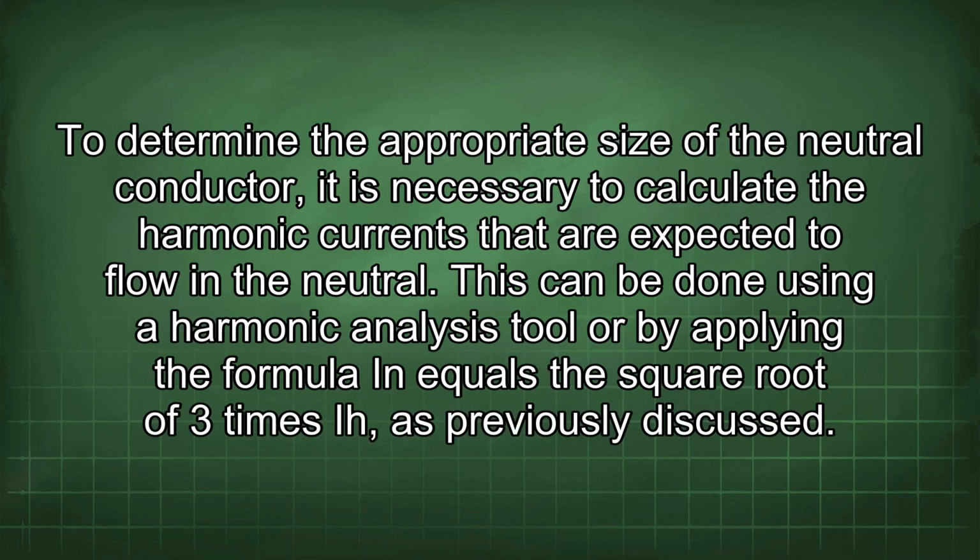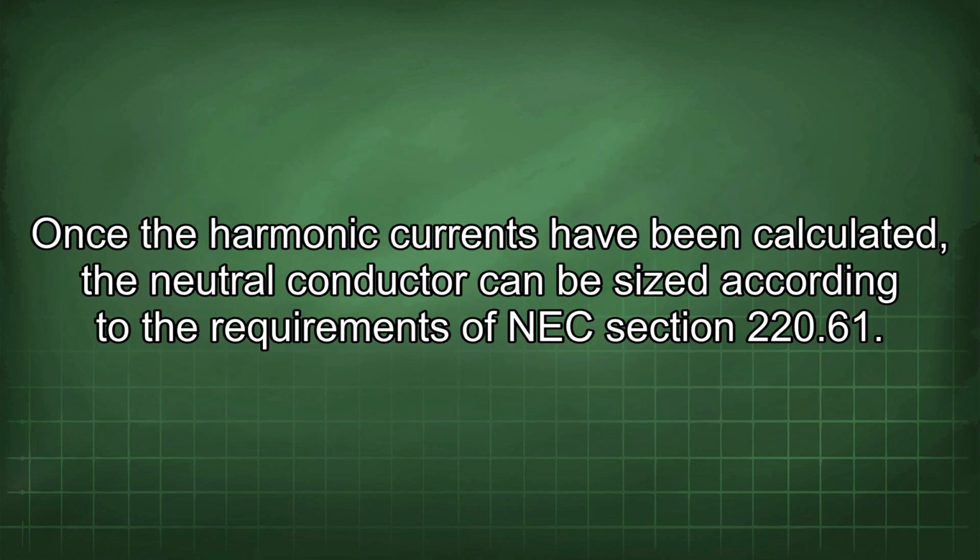To determine the appropriate size of the neutral conductor, it is necessary to calculate the harmonic currents that are expected to flow in the neutral. This can be done using a harmonic analysis tool or by applying the formula N equals the square root of 3 times I, as previously discussed. Once the harmonic currents have been calculated, the neutral conductor can be sized according to the requirements of NEC Section